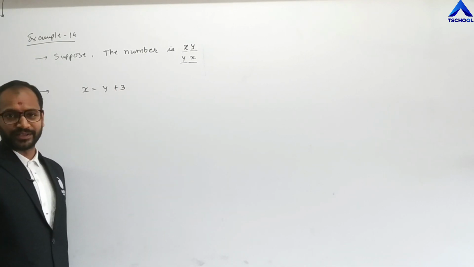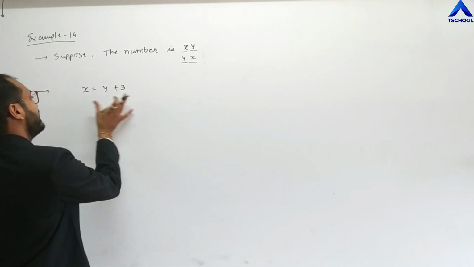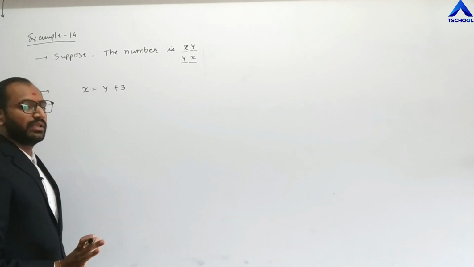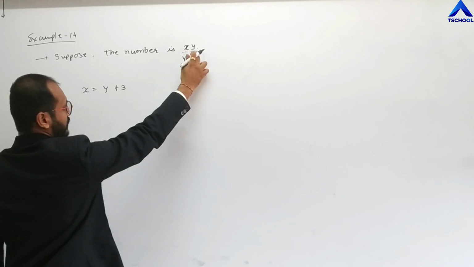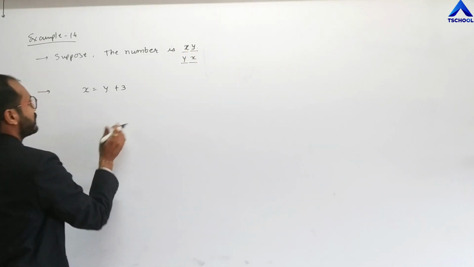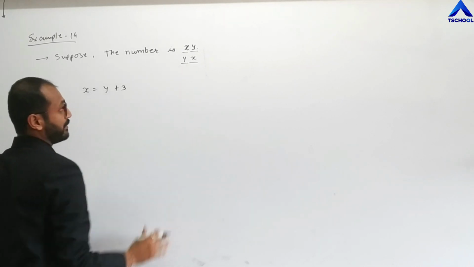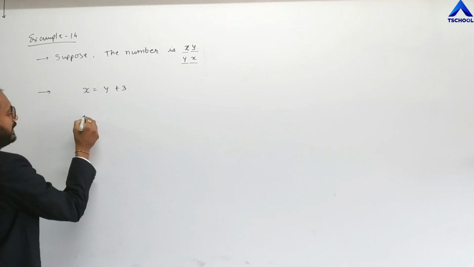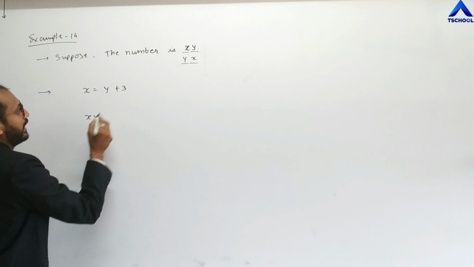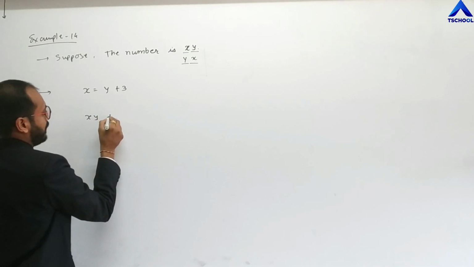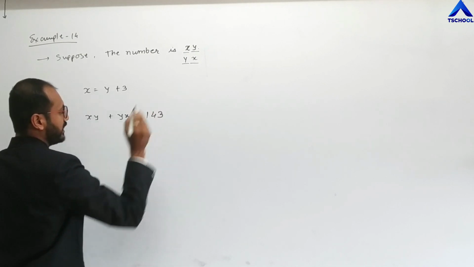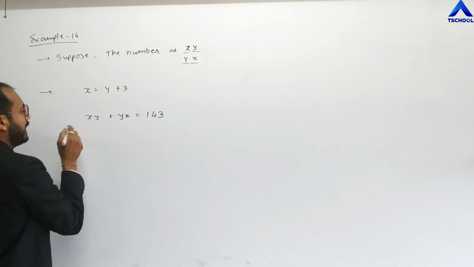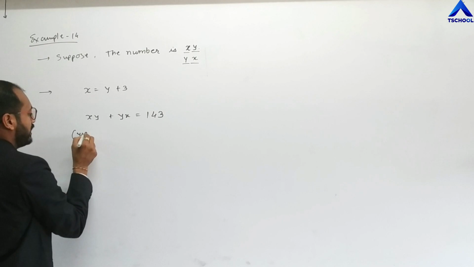Clear? So what happened here? This is an equation, but here we are considering the unit place and the tens place. So by interchanging these and adding the two, the main thing is xy plus yx, and this addition is 143. Instead of x, if I put y plus 3,